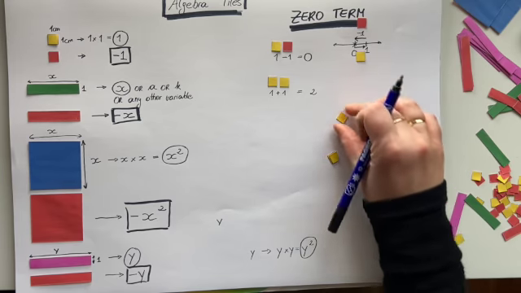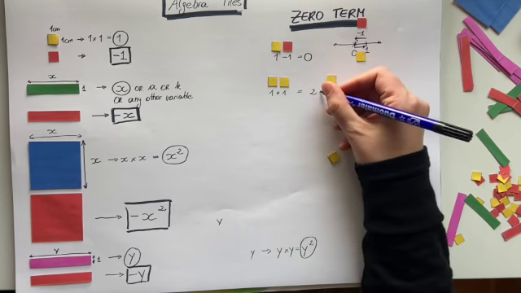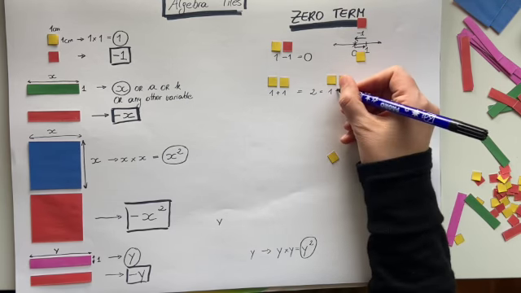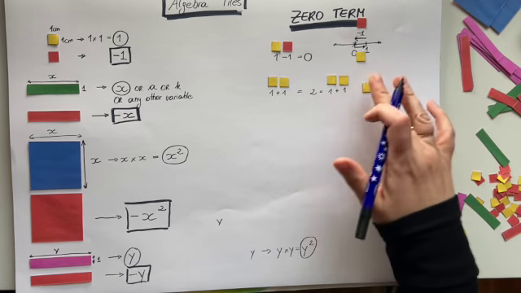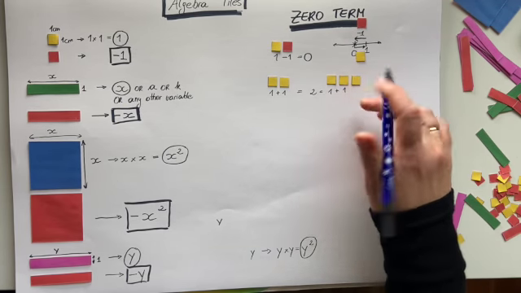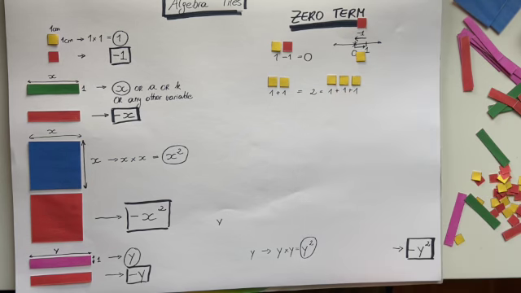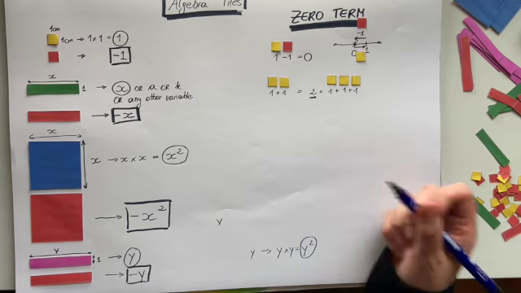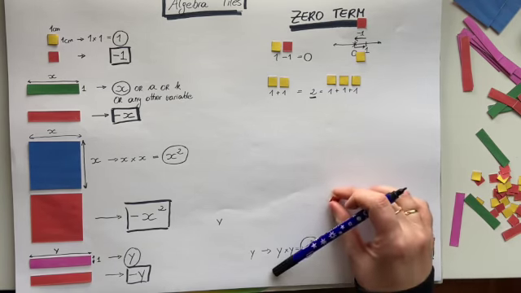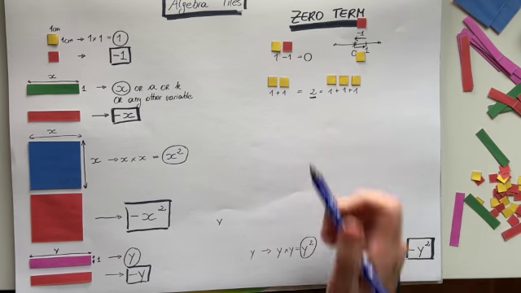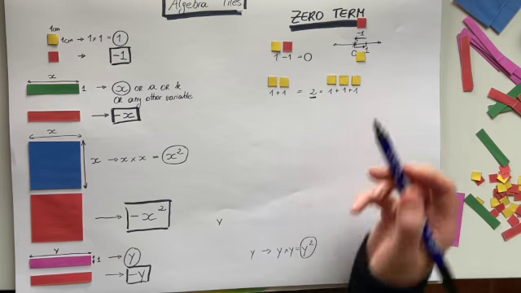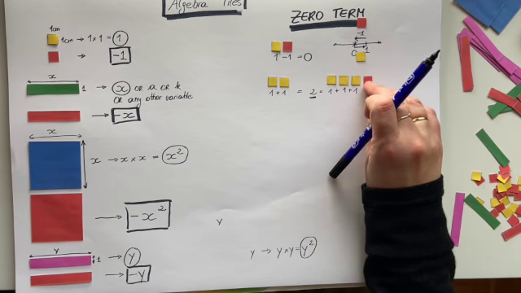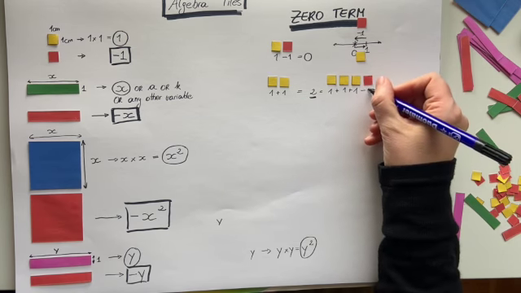Now, I want to add another 1 to these 2. So I have 2, and I want to add another 1. But I want it to stay the same. I don't want to change the 2. I just want to add another yellow 1 here. And obviously that doesn't work, because now I have got 2 here and 3 here, and there's no way that these 2 are equal. However, if I add a negative 1 here,